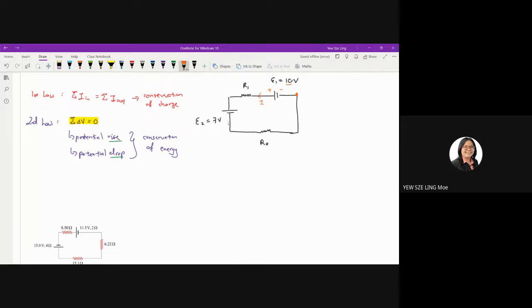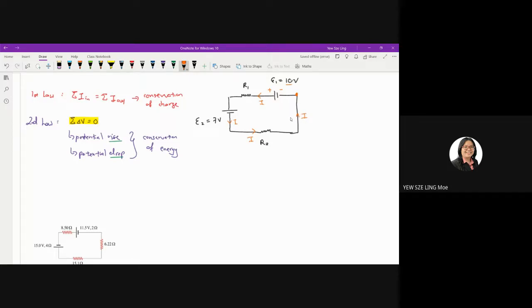Since you are not given, you don't know whether it's true or not. So what you can say, you can just assume the directions of I is a clockwise direction first. That is your assumption. Nothing's wrong with that. If you want to draw anti-clockwise, can or cannot? Of course you can. The only difference is that you're just going to get a negative value at the